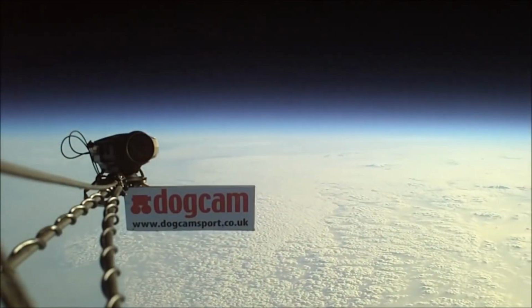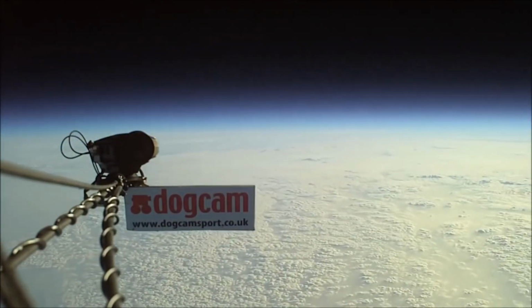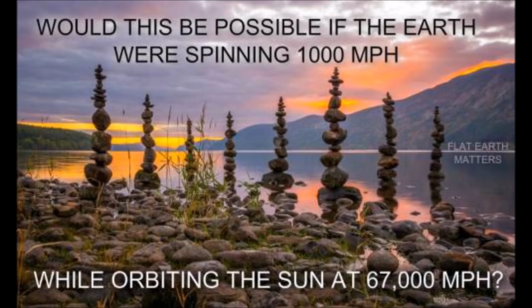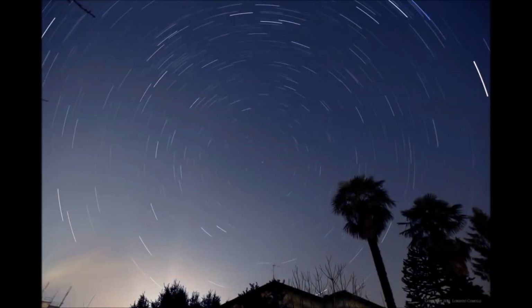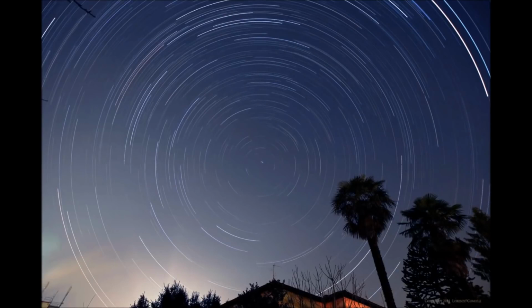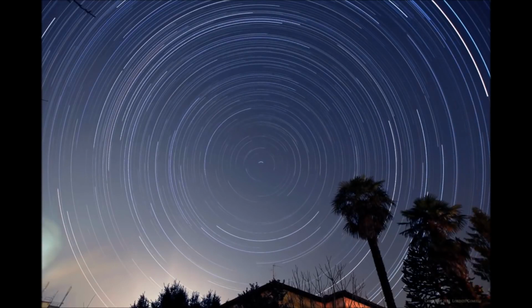No, on the flat Earth model, the Earth is stationary and is motionless. Earth is sitting still beneath our feet, and it is actually the celestial bodies, such as the sun, moon, and stars, that revolve around us. No one has ever, can ever, and will never experience motion from the Earth,